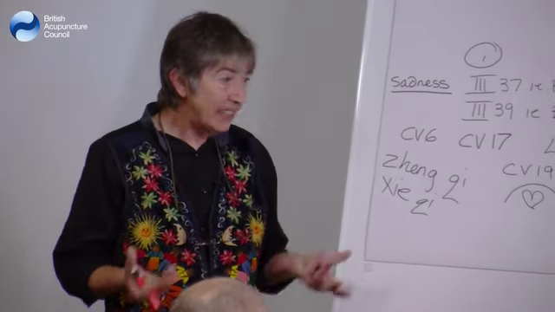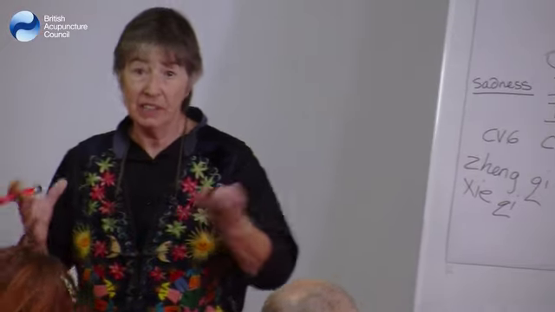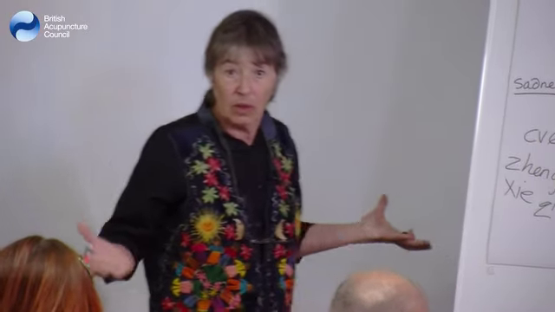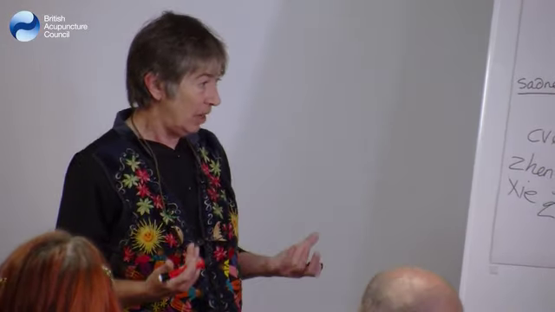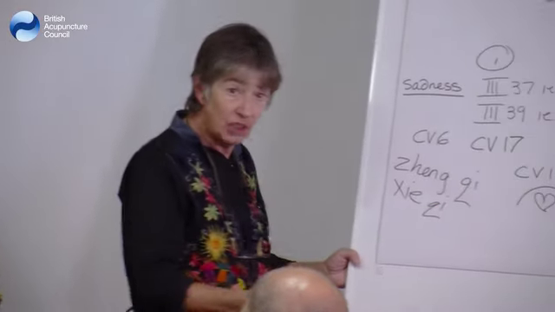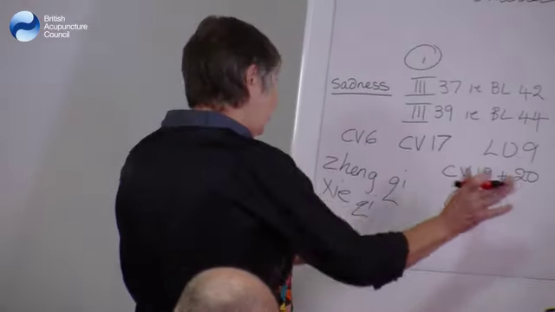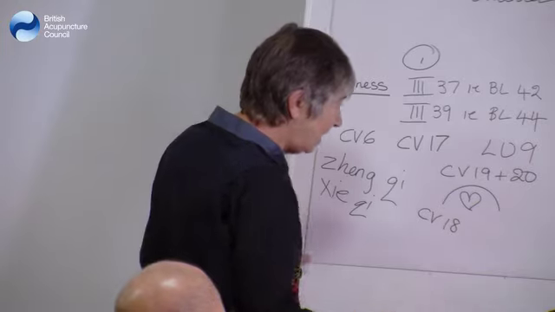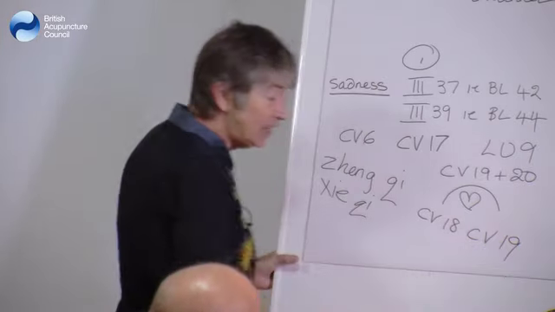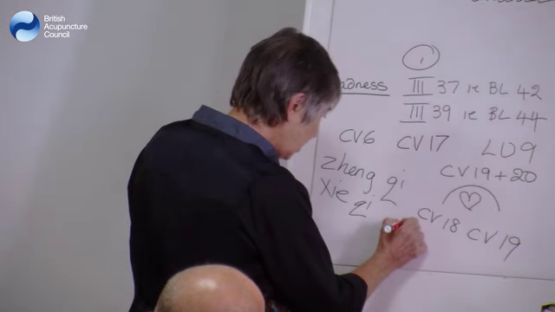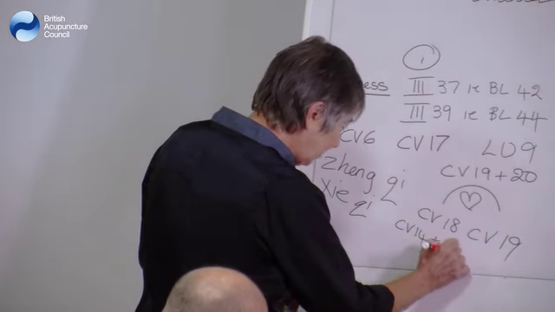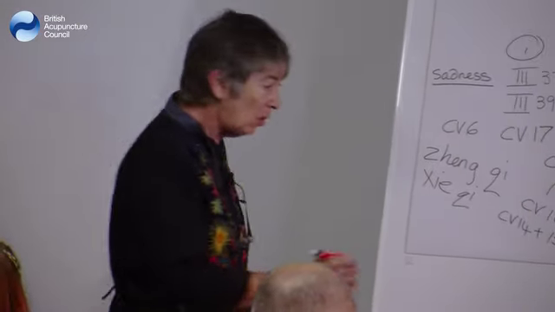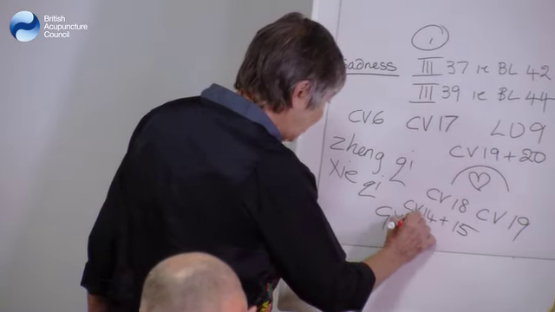Okay. Obviously all of these are totally fine, even if the rest of your treatment is on triple energizer pericardium, because these are all points that you can use irrespective of the CF. Okay, now if we just move on, you're trying to really strengthen the heart, and if you want to stay on indirect things, then we have Ren 18, we have CV19, you can look at the combination of CV14 plus 15 together, or governor vessel 24,